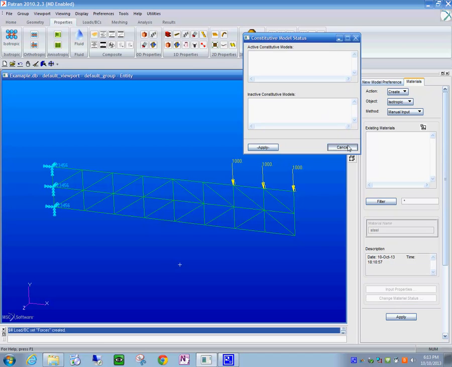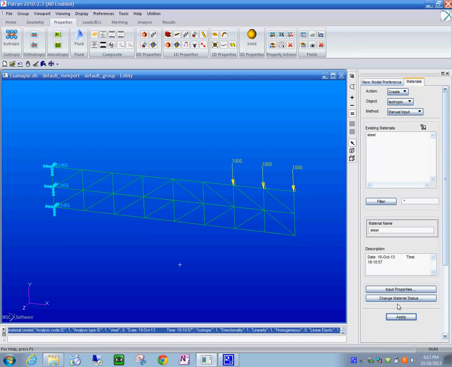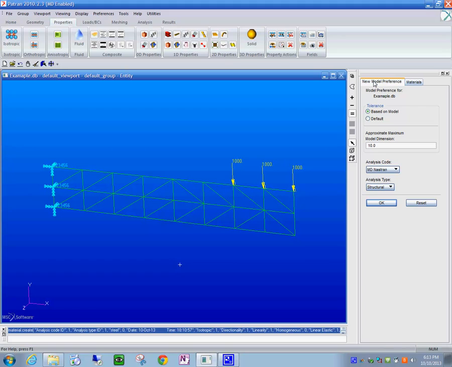We don't need to change it, so we click on apply, and then we need to finish up the properties here. So we are on properties, and then I think we click on apply. Let's see what else we're going to do. I think we have finished the